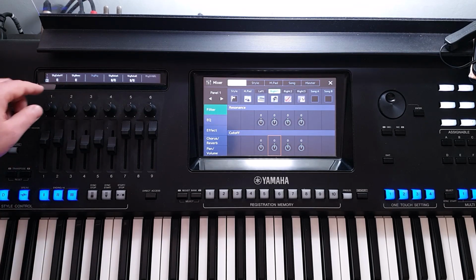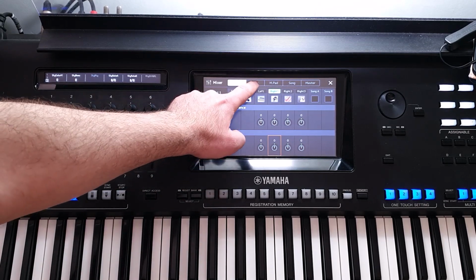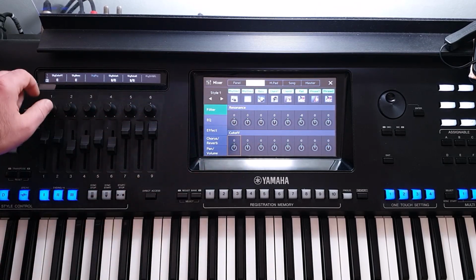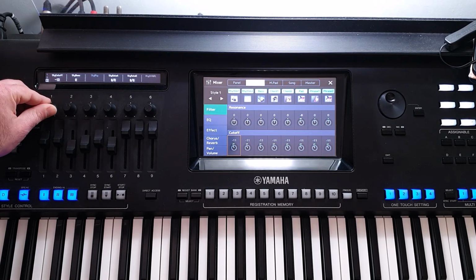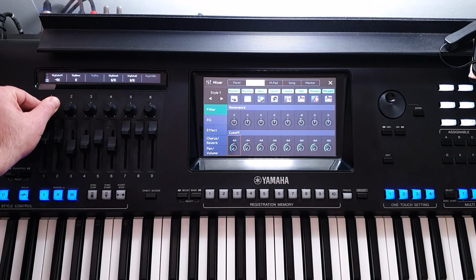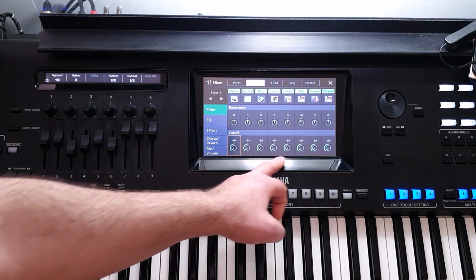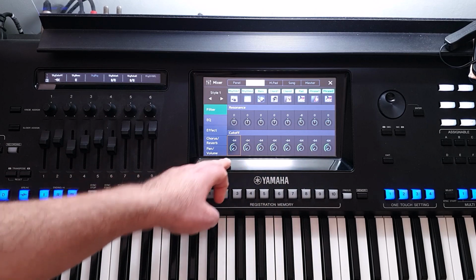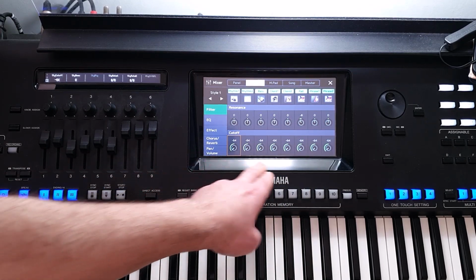So let's go to the filter, and then go to the style. Now style cutoff, as you see, changes all the parts of the style. There are 8 parts in the style as usual in Yamaha keyboards, so it changed all of them.